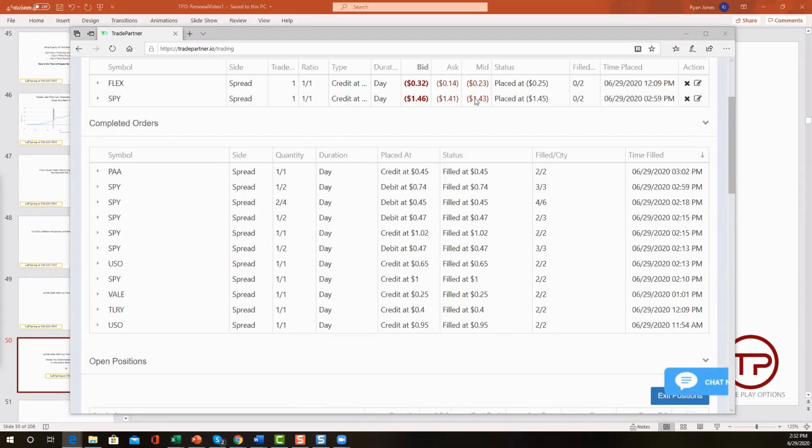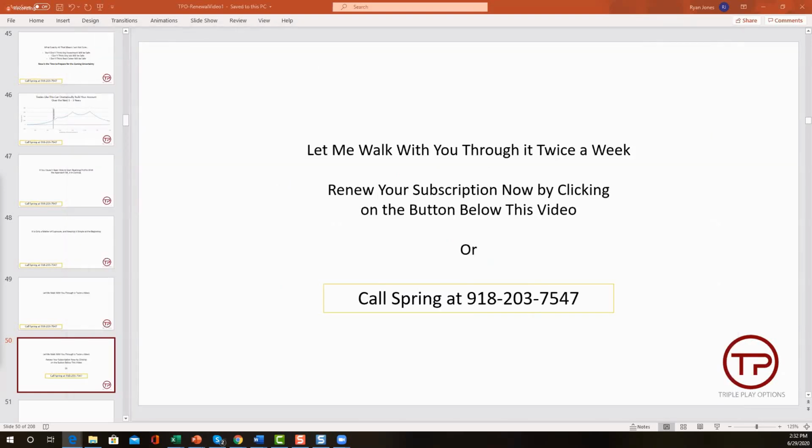And the reason I would have to do that, if this were the last order, I could do that. If it's not the last order in the sequence, then I have to go and turn it off to manipulate it, and I don't want to do that because this is the one where I have a bullish of 74 cents and then a bearish of 145 and then a bullish of 74 cents again. And I am on the verge of getting filled on that 145-cent bearish credit trade. All right.